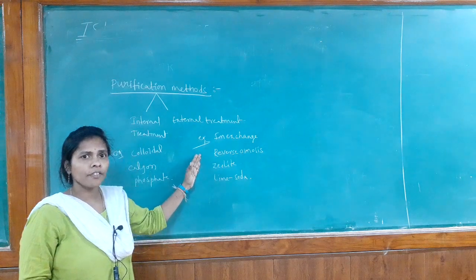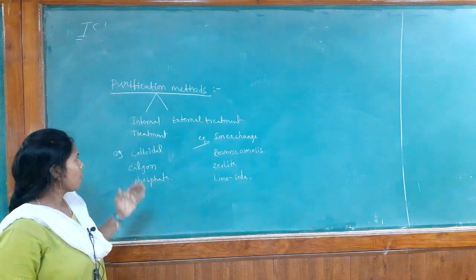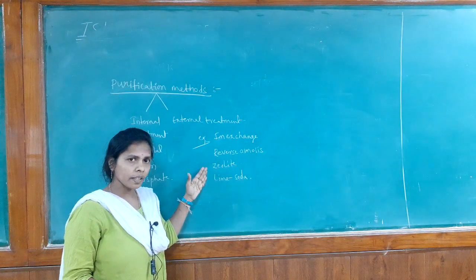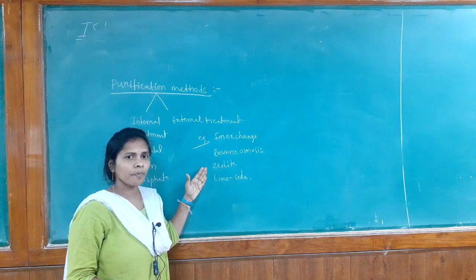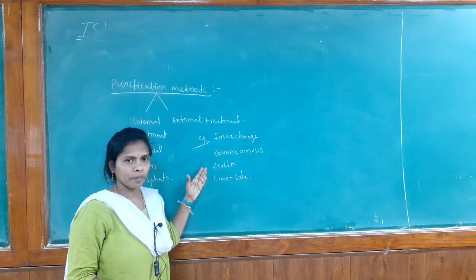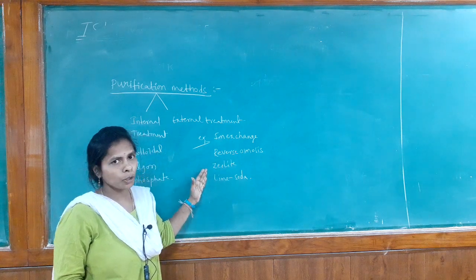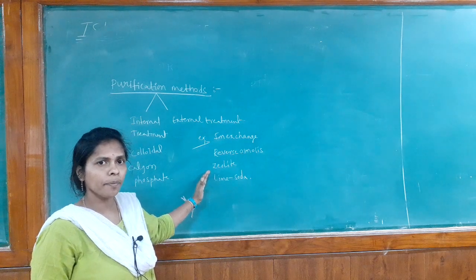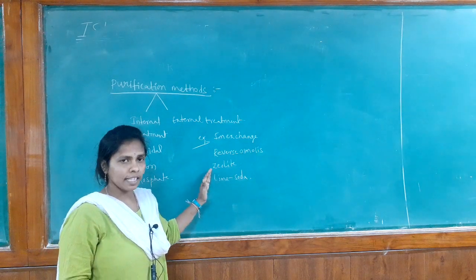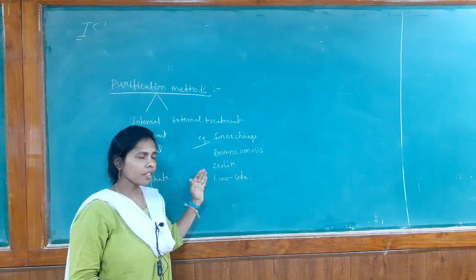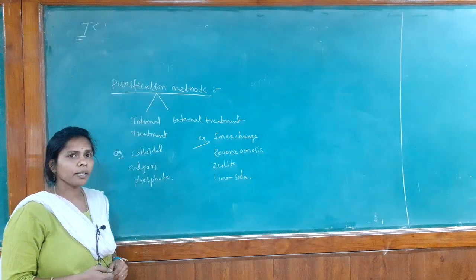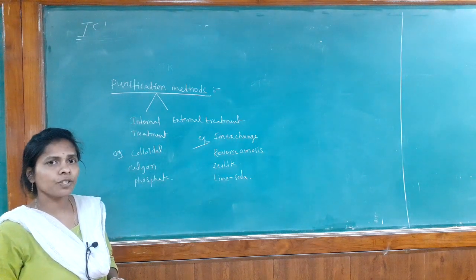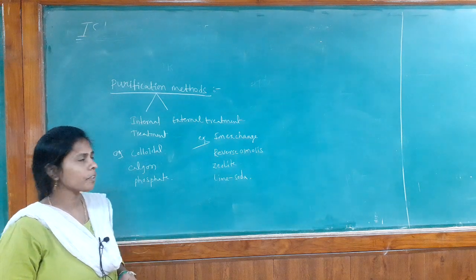But in our syllabus, we have two internal treatments: the colloidal treatment and the Calgon treatment. And in external treatment, along with the ion exchange method and the reverse osmosis process, we have one more method, that is the zeolite method. So, in today's topic, I am going to explain the internal treatments, that is colloidal treatment and the Calgon treatment. Along with that, I am going to explain the external treatment, that is the zeolite method. So, first let us see what is the colloidal method and the Calgon method. These two methods are important for short answer questions. For 2 marks it is very important.